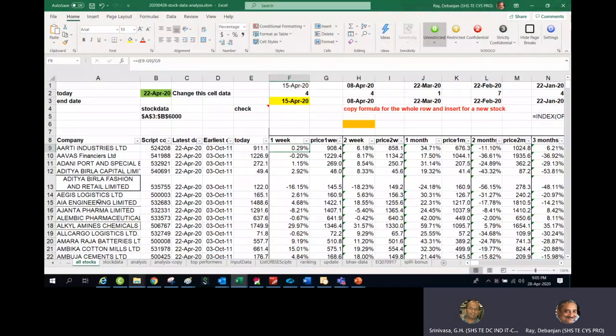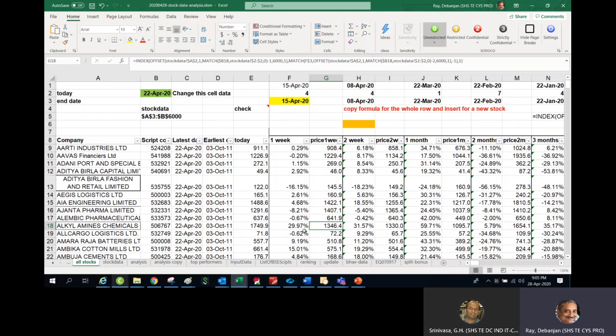If you go to the alkyl amines, you will see that as on 22nd April, the closing price was 1749. Whereas 1 week back, on 15th April, the stock value was 1346. The data is picked up from the stock data sheet.